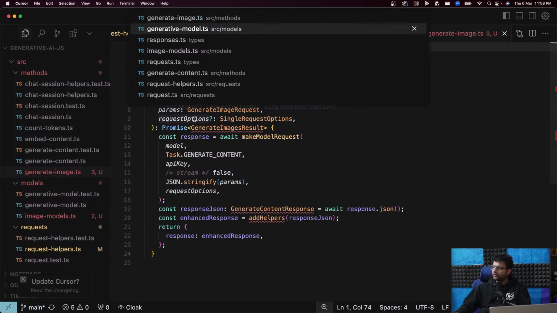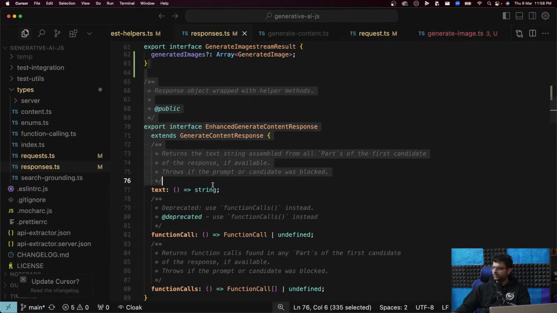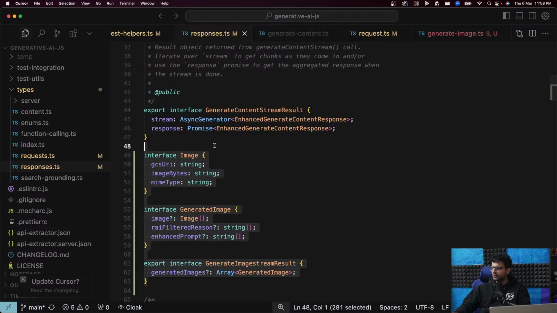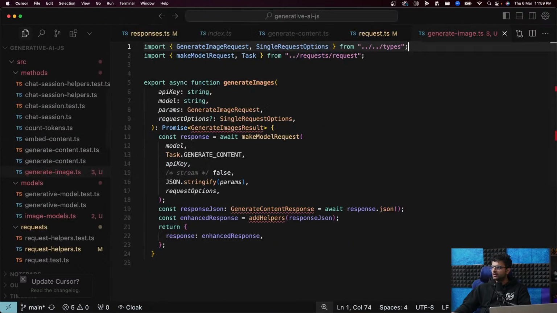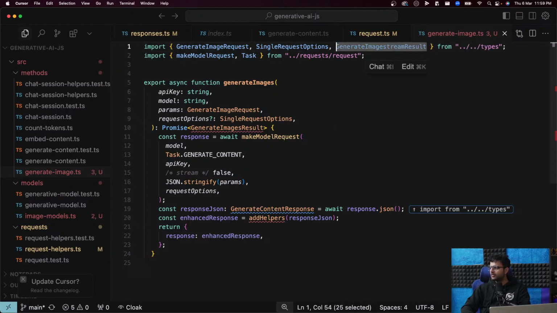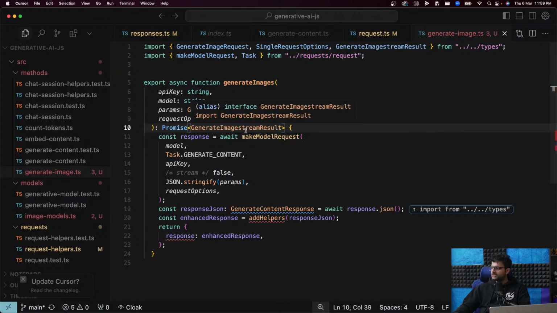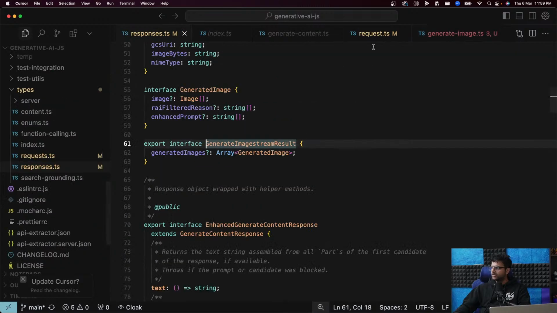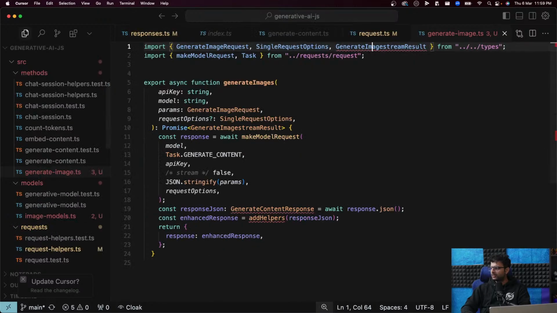So that means this should also move there. This, and this. Why is this guy here then? Oh, it is in types only. Types/responses. Yeah, that makes sense. Then why does this not happen? No, it does happen. Generate images. Okay, that makes sense. Images result.